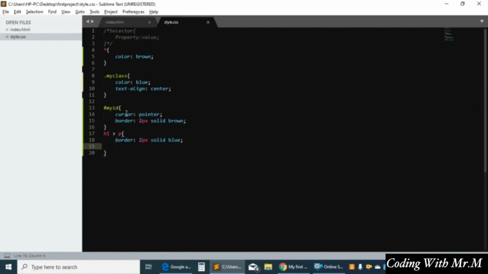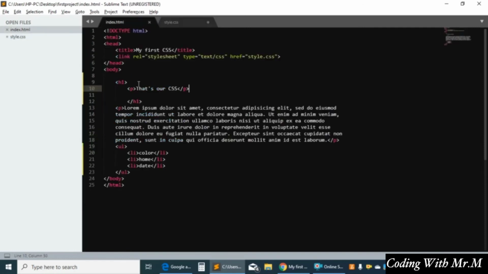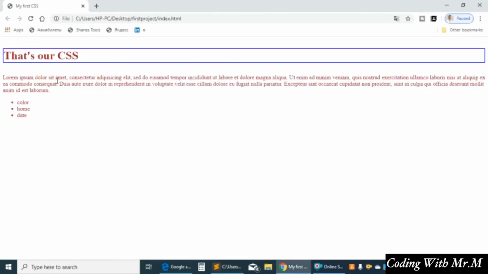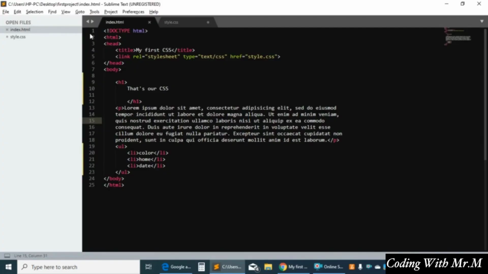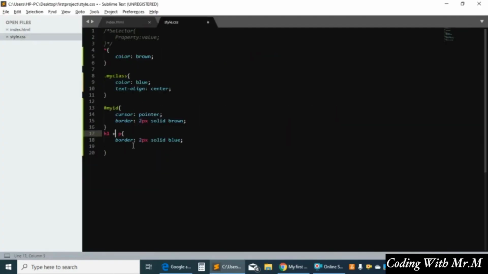So then I told you the last thing, but I want to just tell you the plus as well, because h1 plus p, that means h1, we have one h1. Let's say that's our CSS, that's our h1, and after the h1 I have another p, guys. h1 then p plus p, that's together, and then solid blue. Save that, refresh,